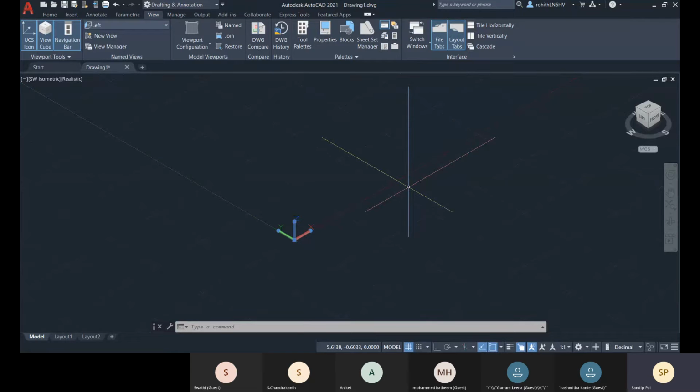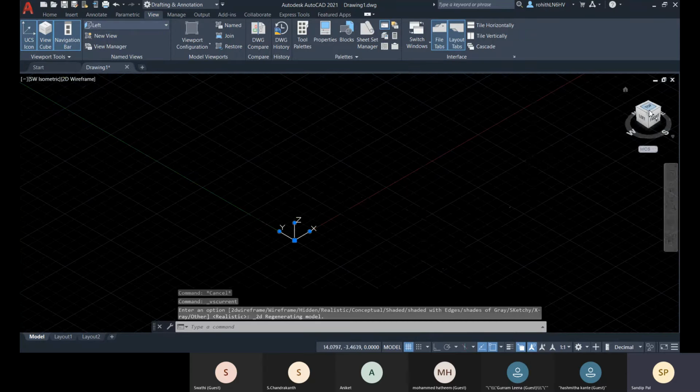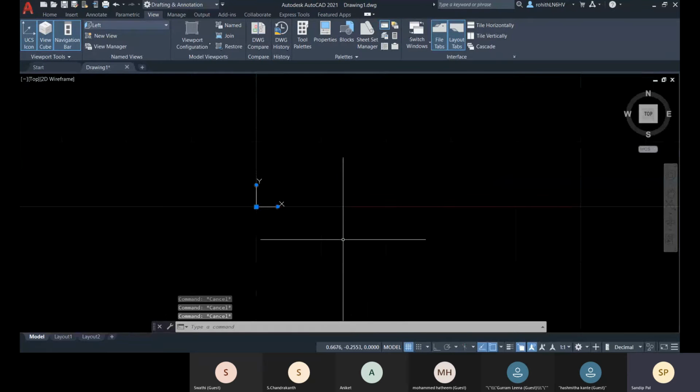So this direction is fixed. Generally, we don't change it, so we need to align our UCS with WCS. In the default condition, UCS is aligned with your WCS. Let me show you that. Let me come to 2D wireframe and top view. That is the default.